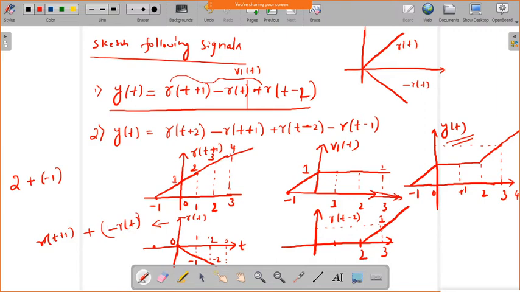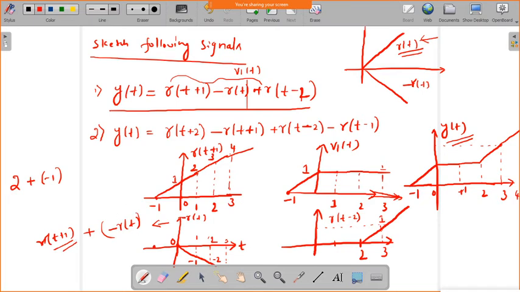If you don't reflect this one, it will become like this. This is r of t. If you take this signal and directly add this one, you need to take the negative of these values. Is it understood? So if you directly add the r of t, you have to take the negative of those values. Or if you take the already negated values directly, just add these negated values to the corresponding signal. Got it, sir.